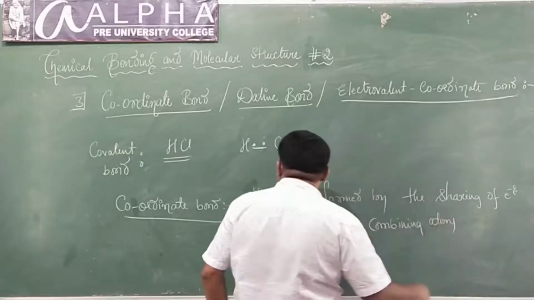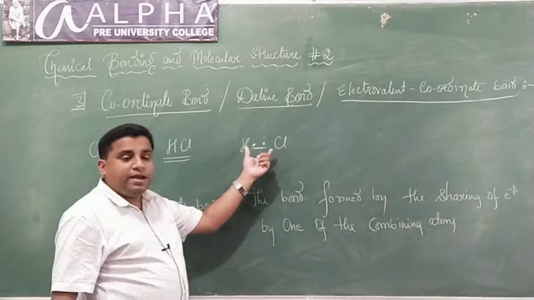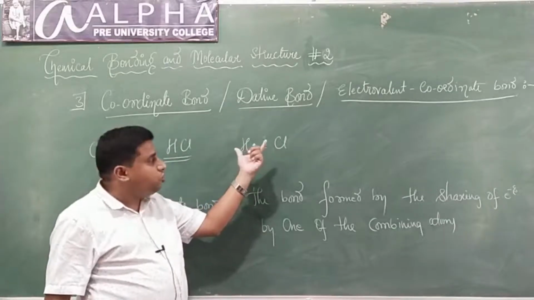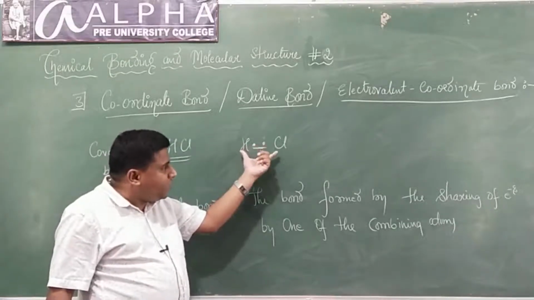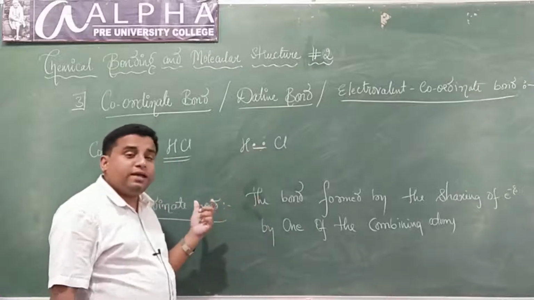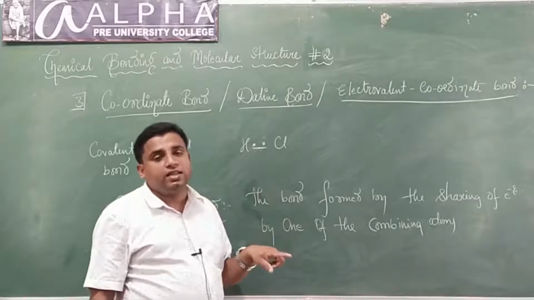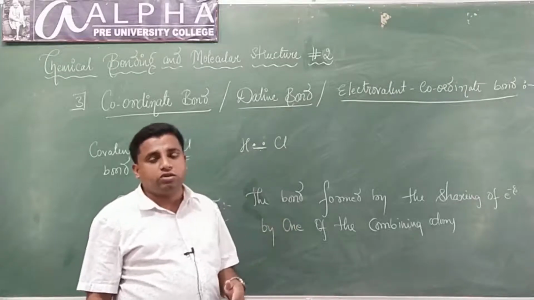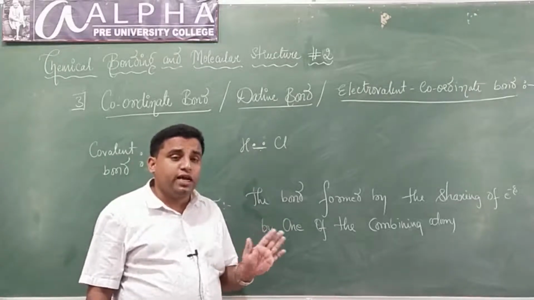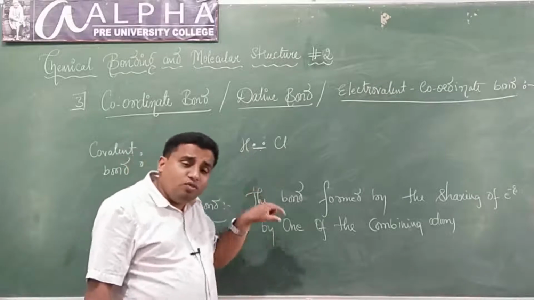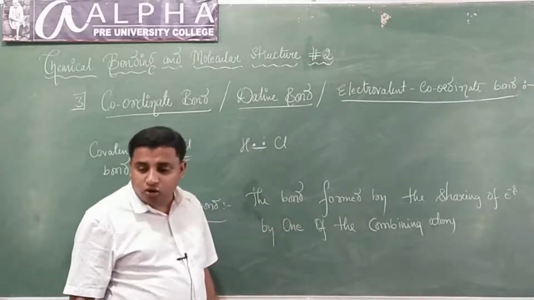In a covalent bond, both the combining atoms will share electrons, but in a coordinate bond, only one of the combining atoms will share the electrons, the other one will not. For example,